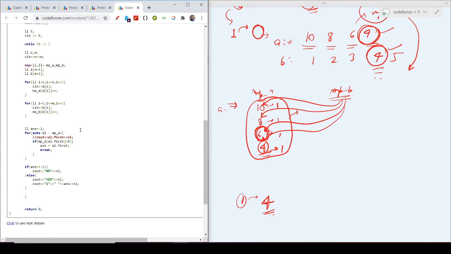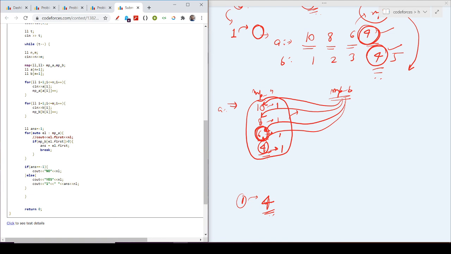Then I iterate on my first map. As we know, map elements are extracted in the form of pairs, where the first is the key and the next is its count.